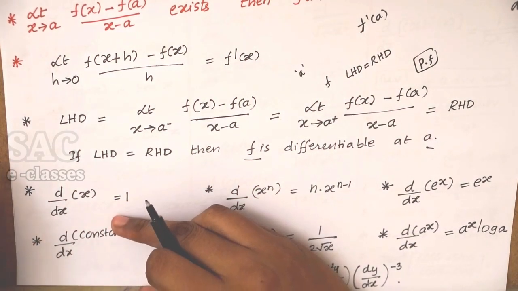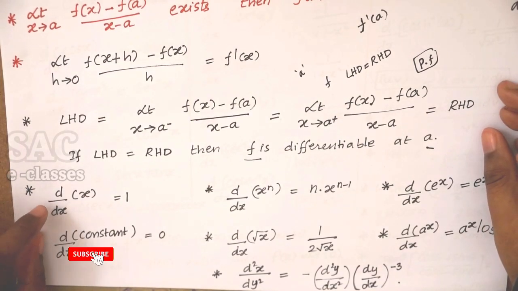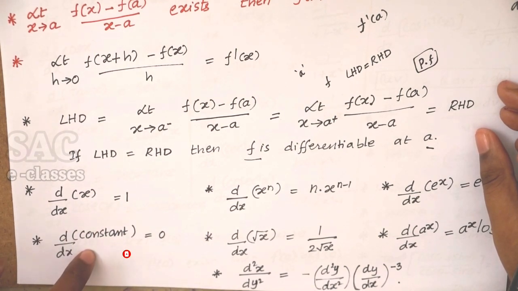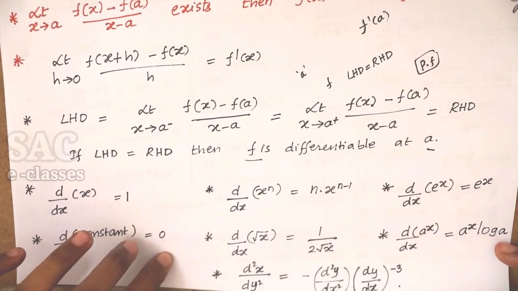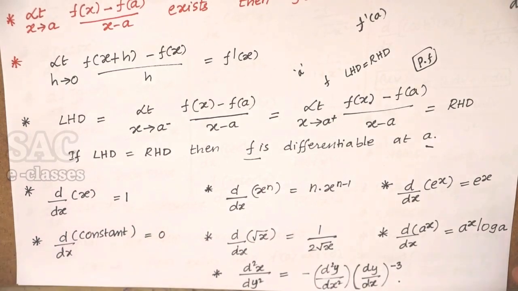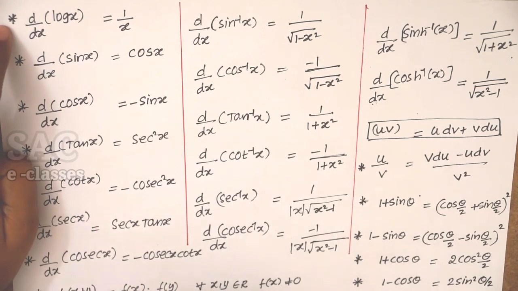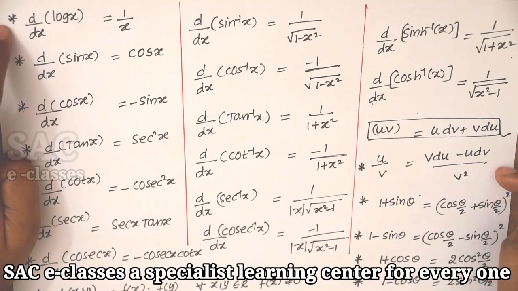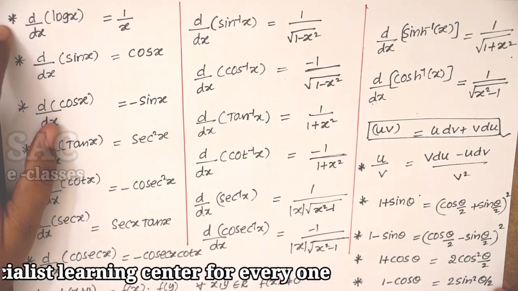For that, these are the common and frequently used differentiation formulas I have mentioned here. The differentiation of x is 1, and the differentiation of a constant is 0. Here I have mentioned all the possible formulas, including this particular identity. The product rule, nothing but the UV rule. The next one is the U by V formula, and some trigonometric identities which are mostly required.